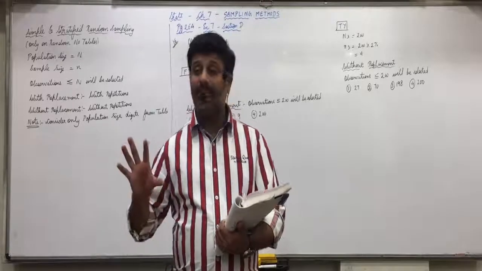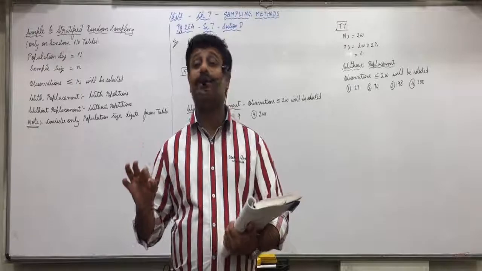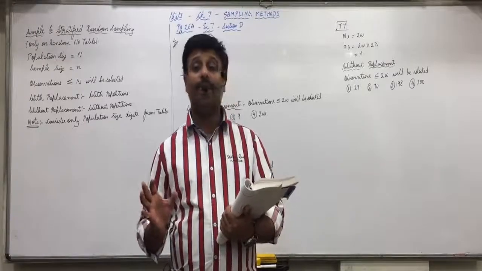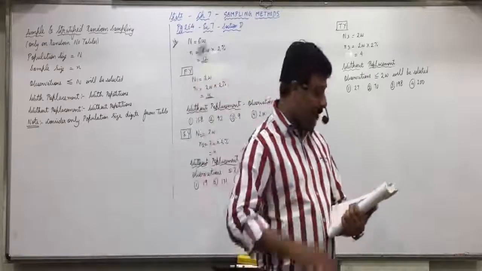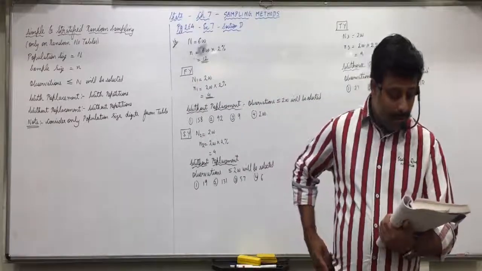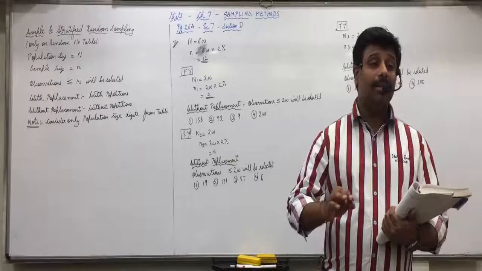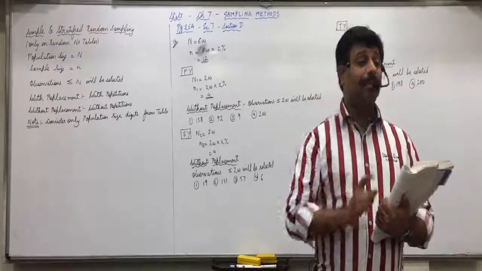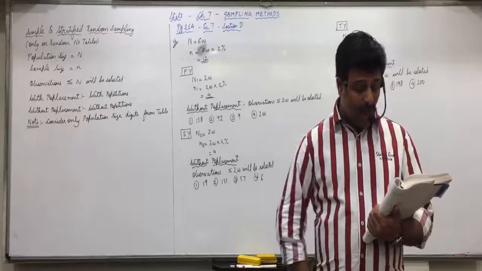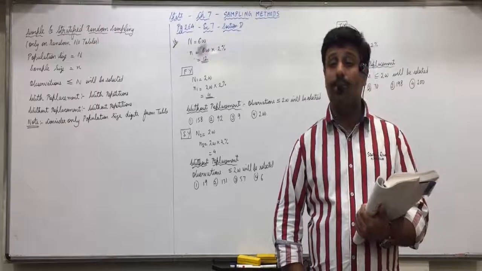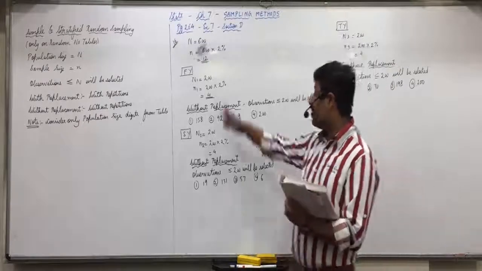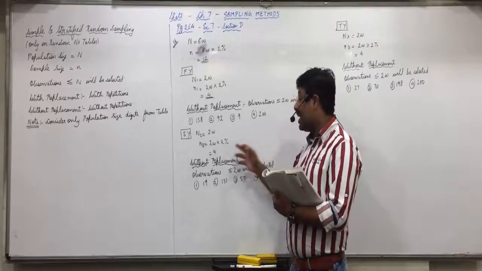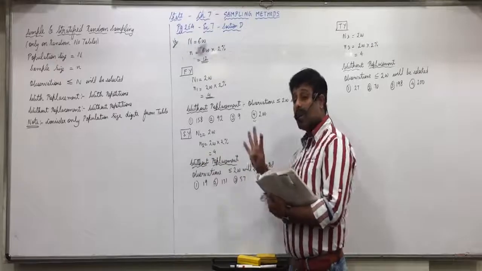Means from small farms you select observations less than or equal to 30. And from large farms you select observations less than or equal to 20. There should be 6 small farm owners. What is that? Small n1. Mark it as small n1. And 4 large farm owners, small n2. So in small farms first you'll write how many numbers? 6 numbers. And in large farms you'll write how many numbers? 4 numbers.